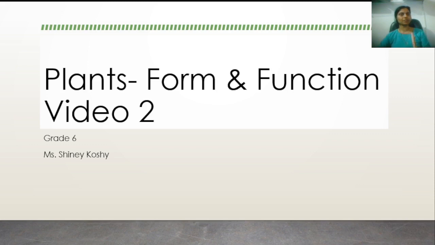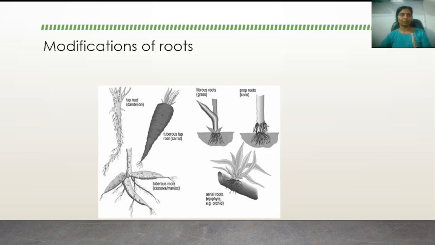So in the previous video we have discussed the types of root system, the shoot system and the root system, their functions, and we have also discussed how the type of venation of leaves, the root system, and whether the seed is a dicot or a monocot is linked. So in this video, we are going to look into the modifications of the root and shoot, as well as the structure of the stem and the root.